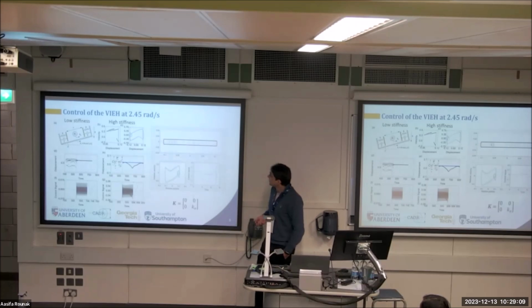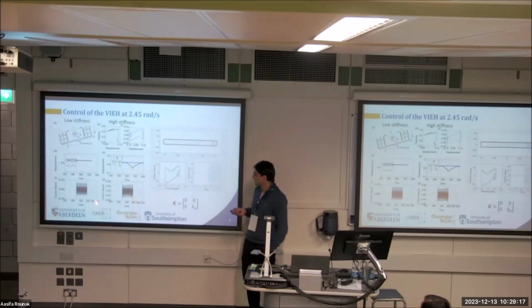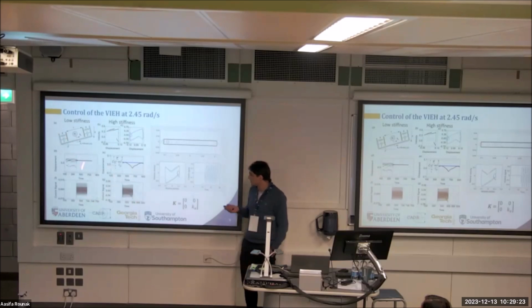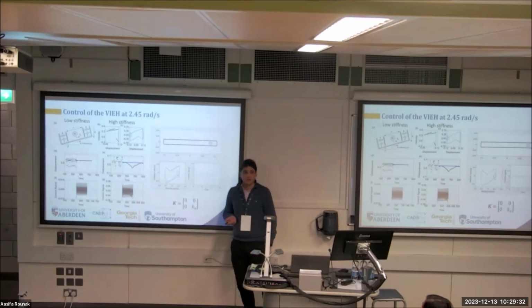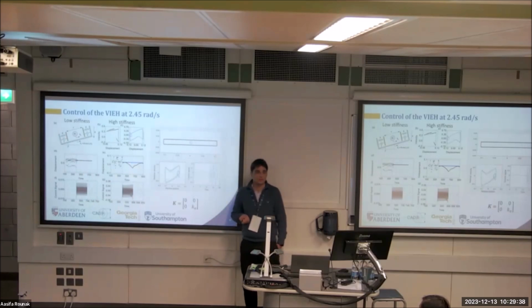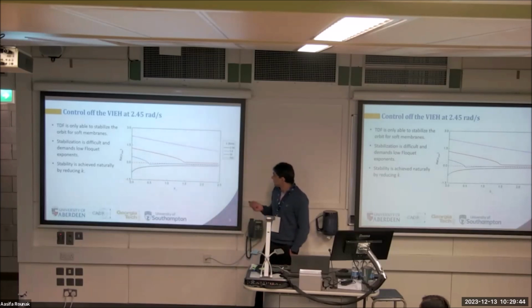So we tested two cases, one for low stiffness and one for high stiffness. Basically here we have 0.56, 5.6 newtons per meter, and 560 newtons per meter. And what we see is that we can stabilize when we have a soft membrane, but when we have a stiffer membrane, we cannot actually stabilize the system. And why is that? If we trace the Floquet exponents for this orbit and for this gain, the control gain kV here,